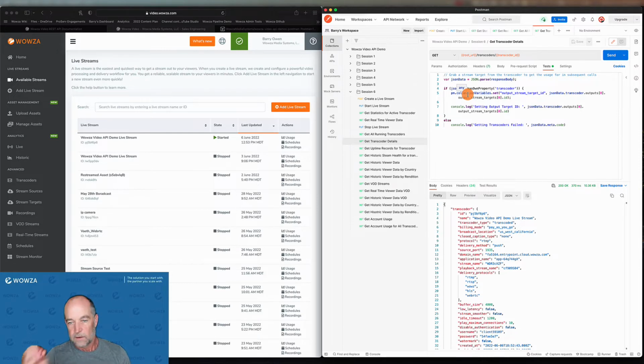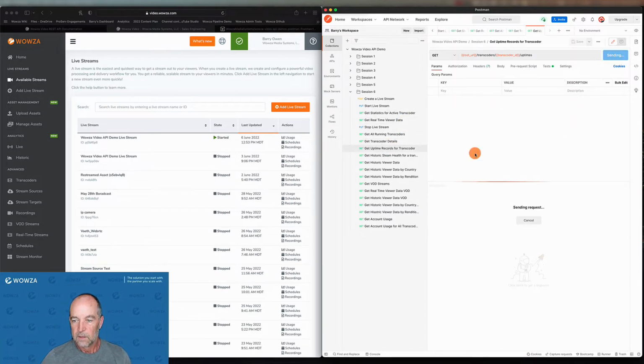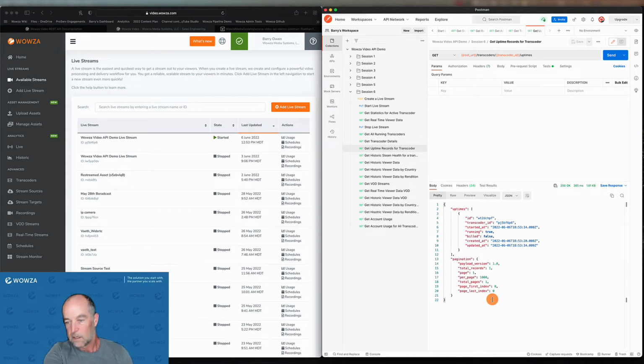That allows you to segregate each block of time the transcoder is running via what we call an uptime record. If you go look at the uptime records for a transcoder, in this case, we're going to look at this one. You can see that it just ran once because I stopped it and started it. You can see that it was created, it was started. What I have over here is some historical data that we should be able to go grab with a different transcoder ID. So in that case,